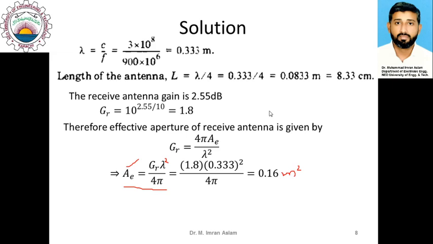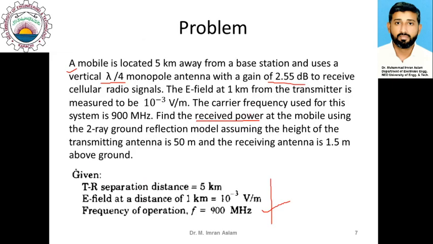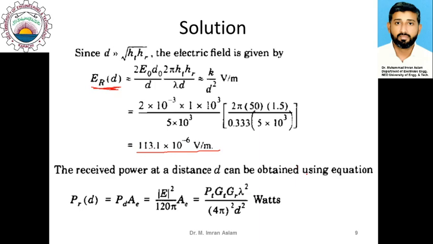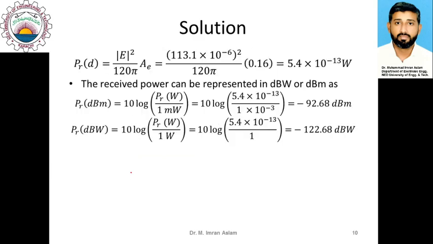But we are not interested in calculating the field as per the question. We are interested in calculating the received power, and we have previously discussed the relationship between E field and the received power. If you don't remember, I would request you to refer back to lecture number 14 to see the relationship between received power and the E field. So this received power is actually power density multiplied by effective antenna area, which is given by this relationship: E magnitude square upon 120 pi AE, or this can also be represented in terms of transmitted power. Although because we know the received field, we would be needing this expression here to calculate the total received power. So I can write received power to be equal to magnitude of E square upon 120 pi multiplied by AE, and you can see that we have previously calculated E field, which is actually